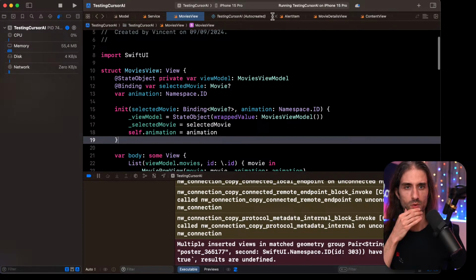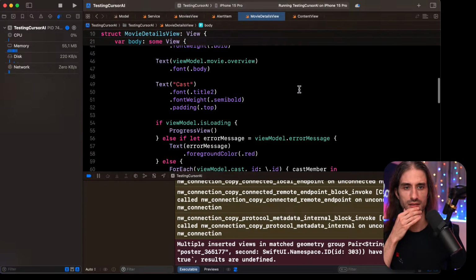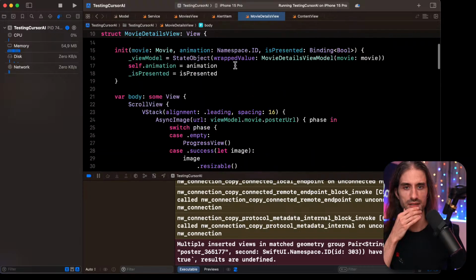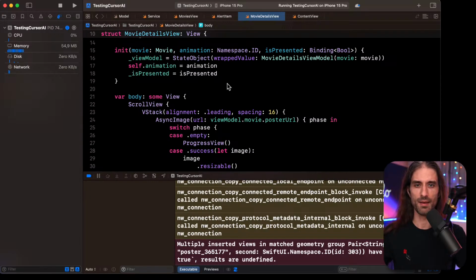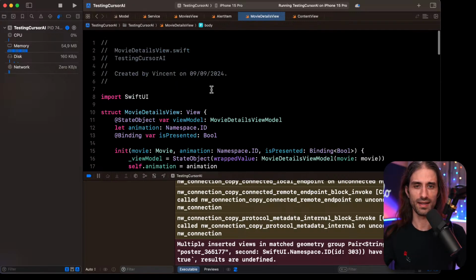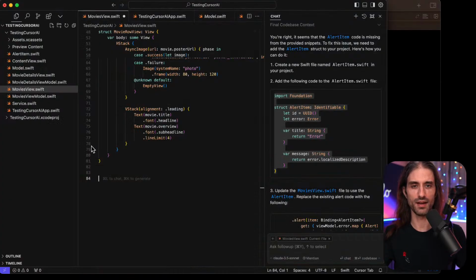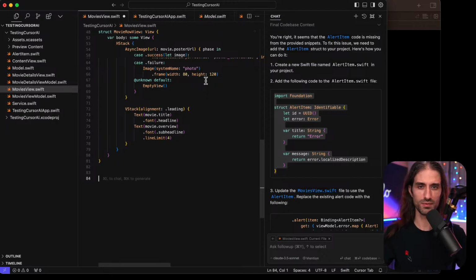It was saying like 1, 2 and stuff like that. Now it's disappeared. Okay, but at least the use case of asking it to create the matched geometry effect and make it work, it seems that it wasn't super successful at it.